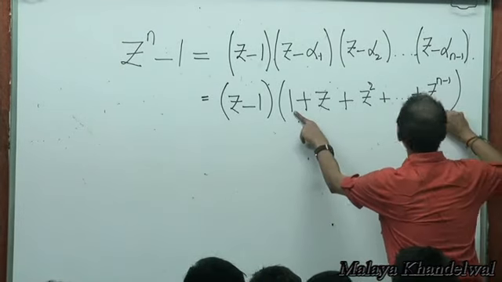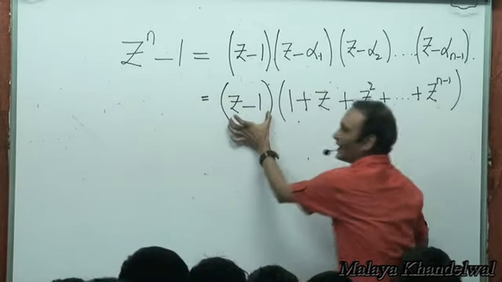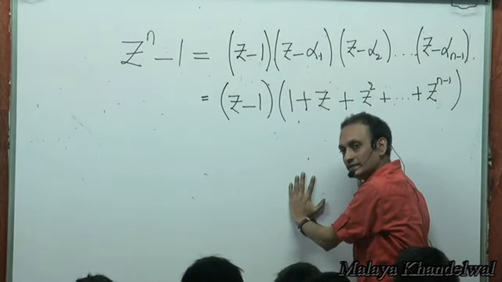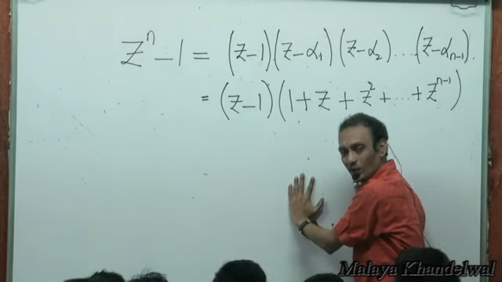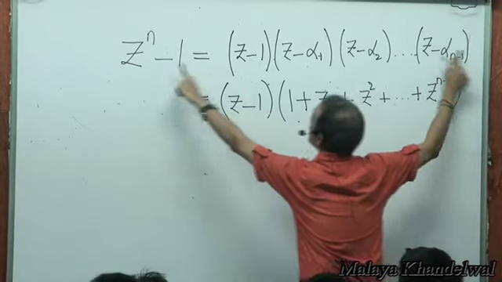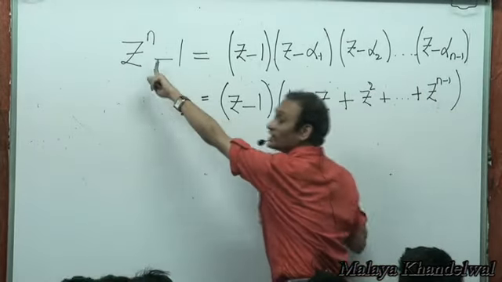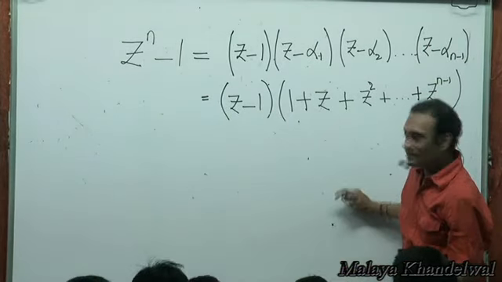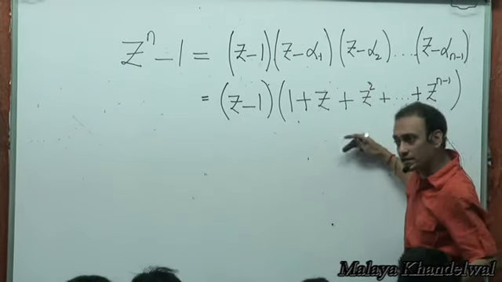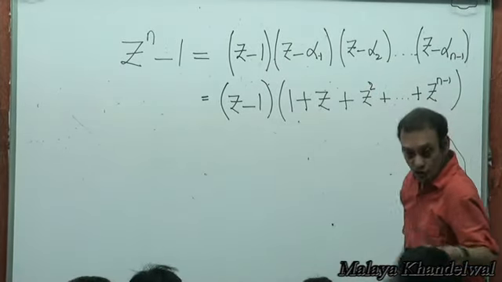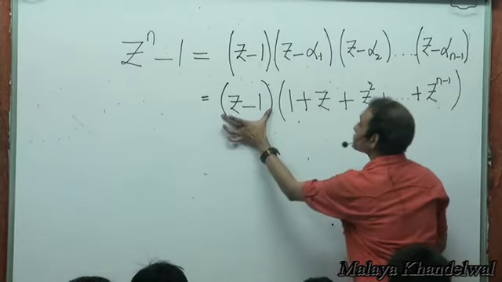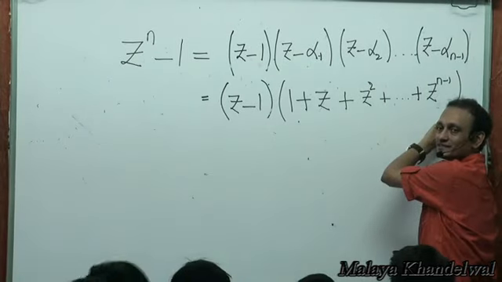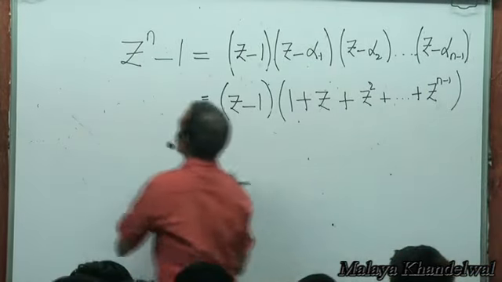Yes, realize that the sum of this GP series is this divided by this, isn't it? Right? So this is also an identity? Yes or no? This expression is identical to this. This expression is identical to this. So these two expressions are identical to each other. Together they constitute an identity. Now z minus 1 is identical to this. That means this must be identical to this. Right? Which means